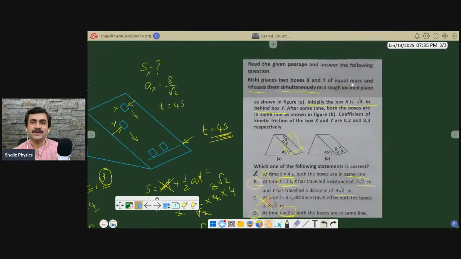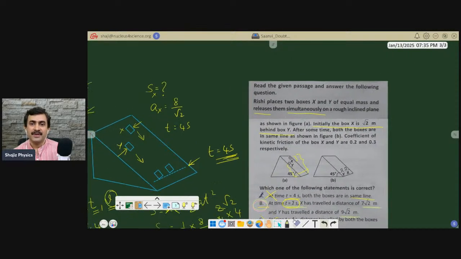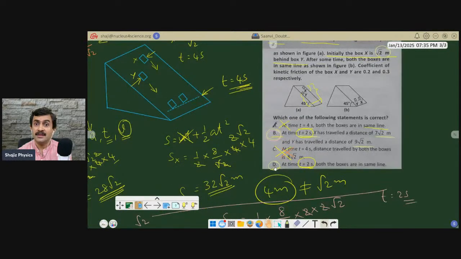What is the situation given? Initially, the box X is root 2 meter behind the box Y. Okay. Now, we have solved the problem. The correct option to this particular question is nothing but D. And we can